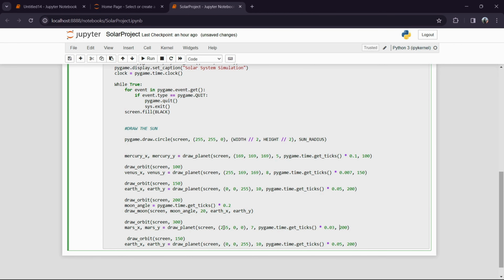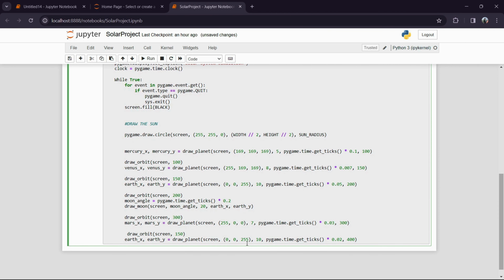And let us also change this to 300. Okay, and for this what we can do, we can change it to 400. We can change this tick to 0.02. We can change this color to something different. Before this we can change this to 30, and let us change this color to